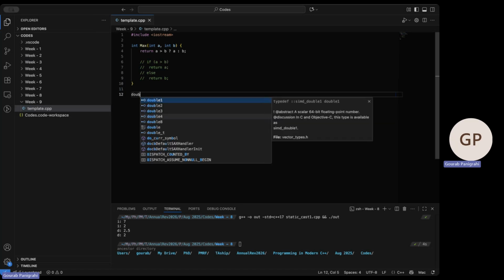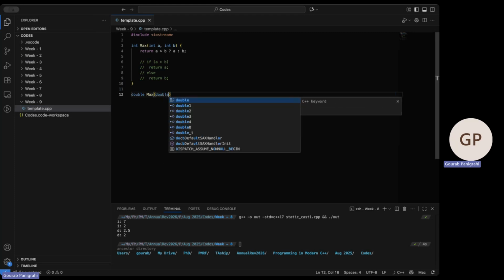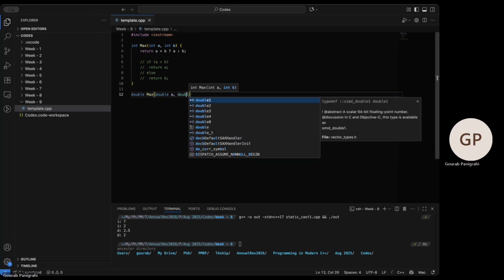So they have to write it again, right? Because C++ doesn't allow you to have this same code work for all kinds of data types. It will only accept integers. So you have to give it a double a, double b,